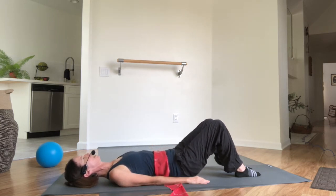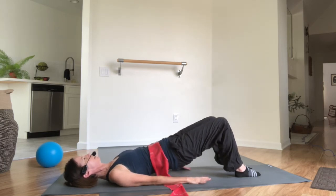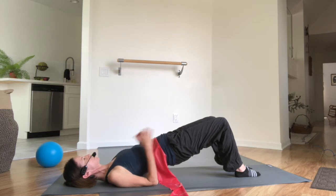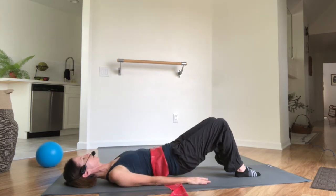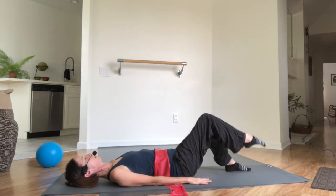Exhale, rolling back down. Inhaling and exhaling up. Inhale, make sure that the rib cage is still gently heavy. Exhale, rolling back down. Go ahead and pick your right foot, peel your right foot up to tabletop, and then